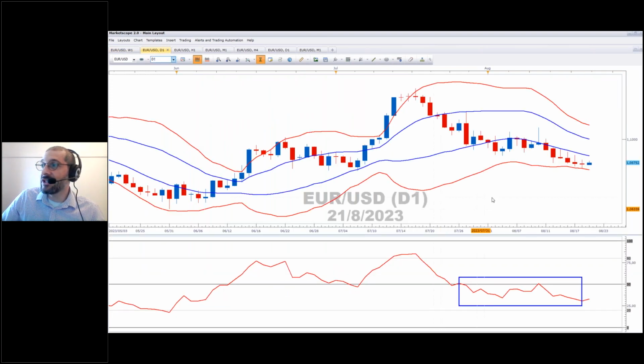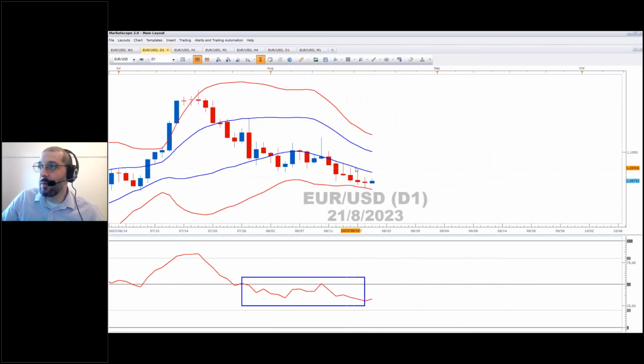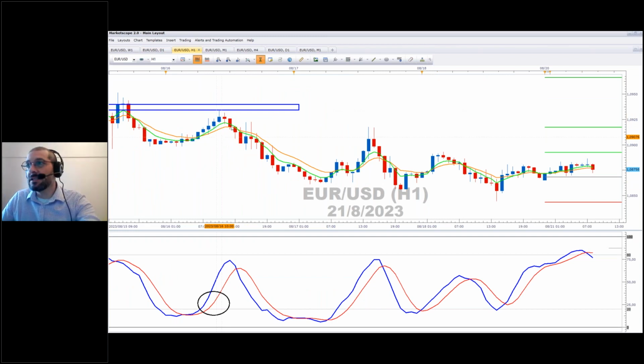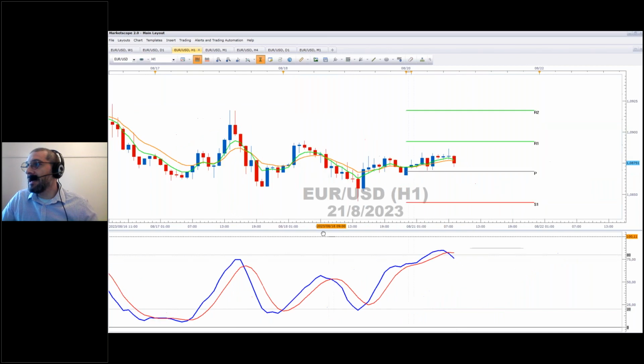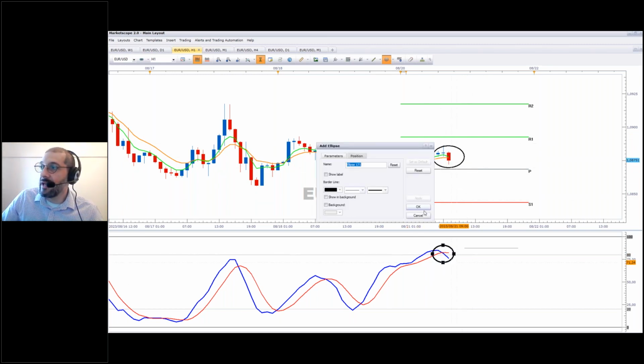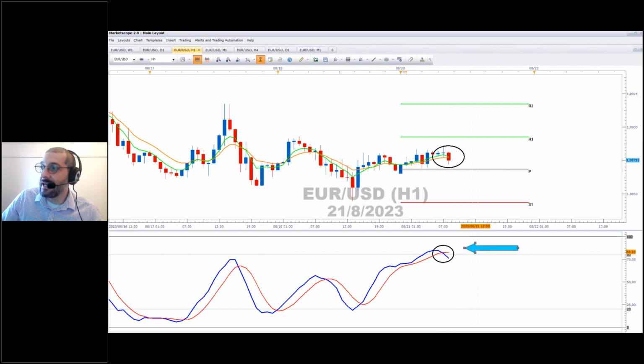Well, if that is so, take a look what's happening on the daily chart. We've dropped into zone 3. Okay, zone 3 is between the lower blue and the lower red. And let's just go down to the hourly chart and see what's happening here. I'll just clean this up. And what would be interesting is if we get a dead cross in the trend following indicators. We already got a bearish cross on the stochastic,